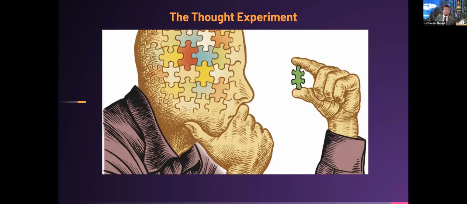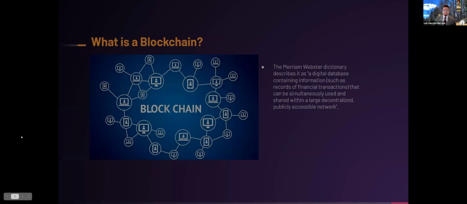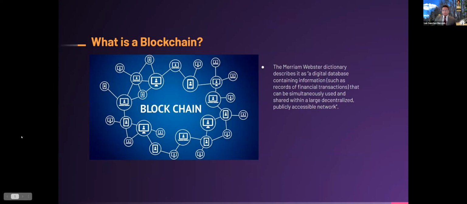And this is where blockchain essentially comes in. Blockchain, as defined by the Merriam-Webster Dictionary, is a digital database containing information such as recorded financial transactions that can be simultaneously used and shared within a large decentralized, publicly accessible network. This is a very abstract definition, but essentially what a blockchain does is work through the participants on the network. And this idea came about at the moment where we were losing trust in our economy back in 2008 with the introduction of Bitcoin. And it came about because people were